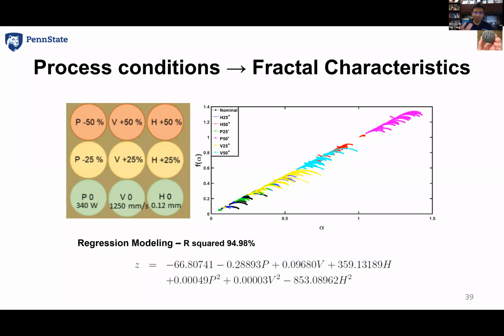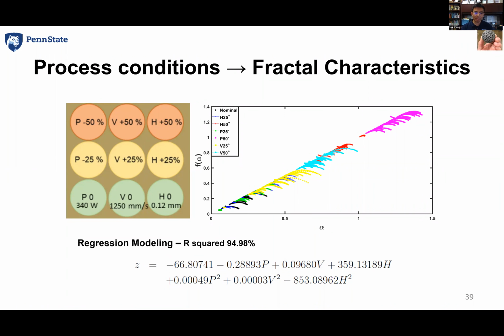Now, if you have the fractal characteristics, those are the different kinds of fractal patterns. And if we vary the process conditions, for example the power, minus 25%, minus 50%, and the velocity, this is called scanning velocity, because when lasers start to move, they move at different speeds. And in one line, they scan one line, and for the next line, the hatching space sometimes may also be different. These multifractal patterns show that if you have different process conditions, your multifractal characteristics will be in different locations.